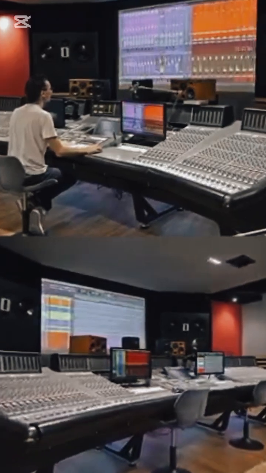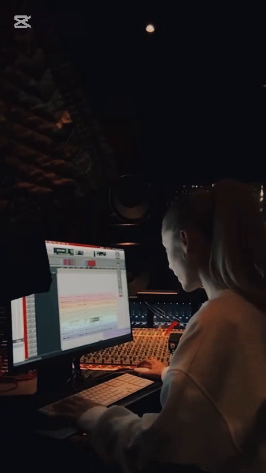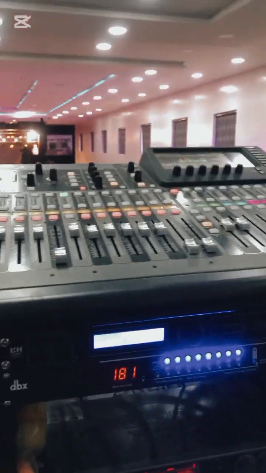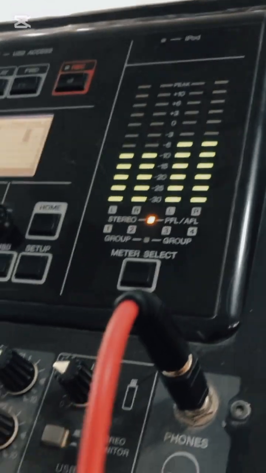Now, what you refer to as producers are basically those persons you find in the studio who sit down on the console, record, balance, mix, and master your tracks and albums and all of that. Most times you say you find them in the studio, right? You're actually correct in that. But a live sound engineer also is a producer. What he does is also production. He also sits down, collects signals, manipulates them, tries to balance them and all of that, and then also tries to master them in real time.